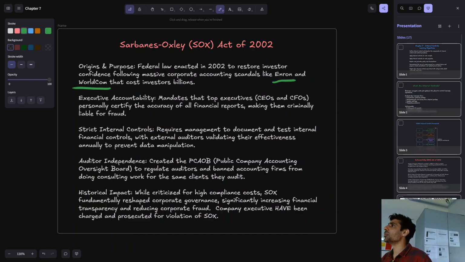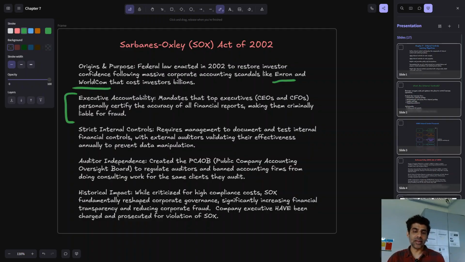But they were two really big financial scandals where the companies were misreporting, or doing very aggressive stuff. And I think we talked about Enron a little bit in a previous lecture. But in response to that, because so many investors lost money on these scandals, the government, again, instead of preventing things, is just fixing the last problem. They passed this law. And so the key parts of it are